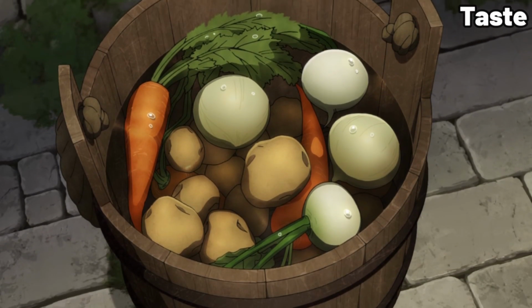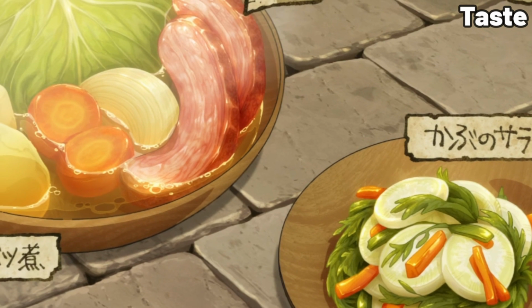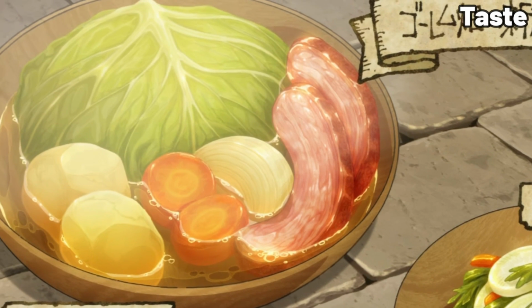I mean, it's vegetables, but with better taste. I'd gladly gobble it up if it means I get to eat vegetables. It's one of those simple meals that you can't really mess up. And with the basilisk bacon added, it makes the meal all the more tasty, so I have no doubt it'd